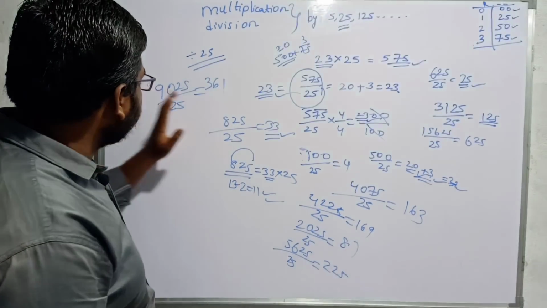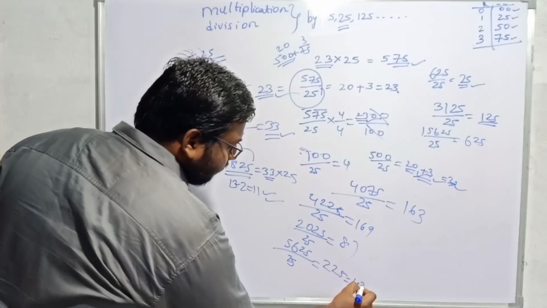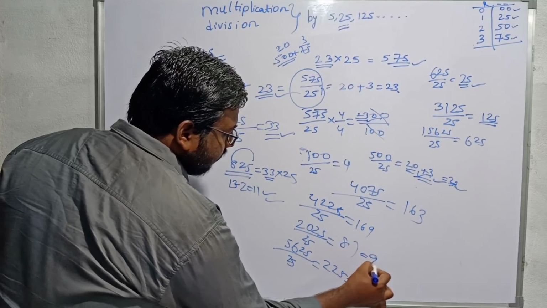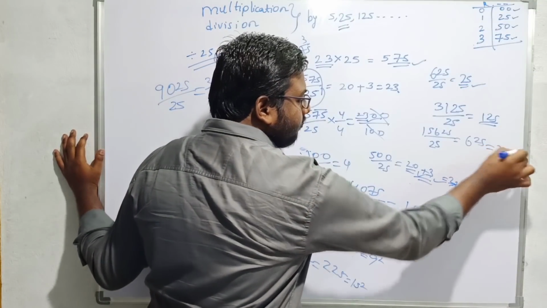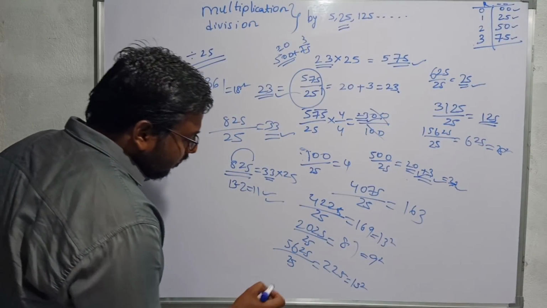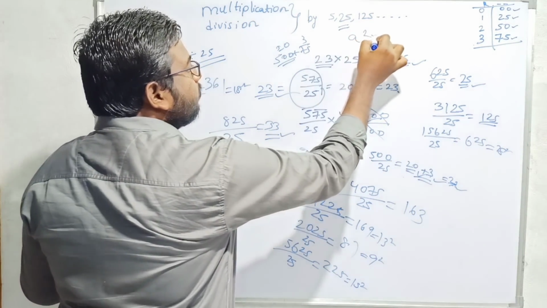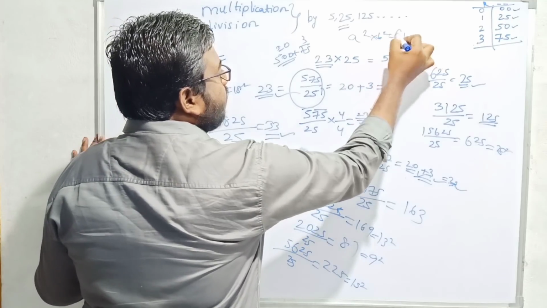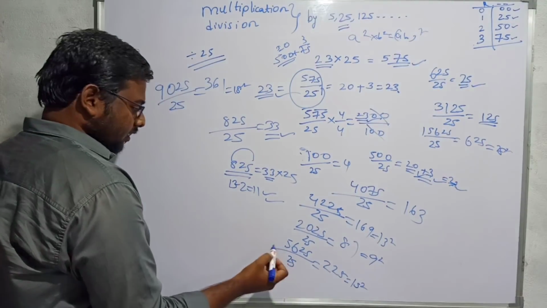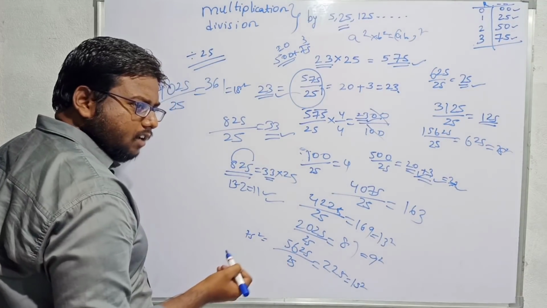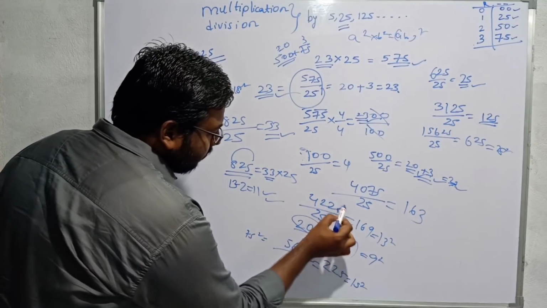If we observe this clearly, 361 is nothing but 18 square, and this 225 is 15 square, this 81 is 9 square, 169 is 13 square, and 625 is 25 square. What is the hidden meaning of this? 25 can be written as 5 square. A square into b square is always a perfect square, ab whole square. This I can write as 5 square into 15 square, that is 75 square. You know how to calculate 75? This is 7 8s are 56, 25. So every one I wrote here is a perfect square.